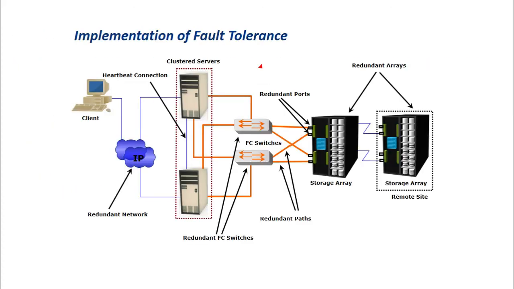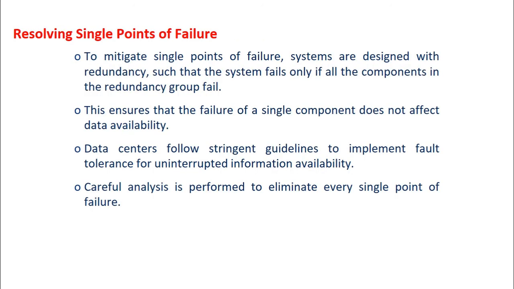Then we saw what might be the single points of failure in a given system. We may have a bottleneck if you are relying on a single switch, a single server, or a single storage device. All these things are single points of failure. If one of these components fails, the entire system will be unusable. That is why we have redundant components, redundant cluster servers, redundant switches, redundant arrays, redundant ports, redundant paths and redundant networks as well. So having redundancy allows us to considerably avoid single points of failure.